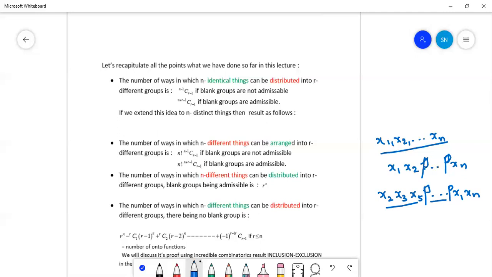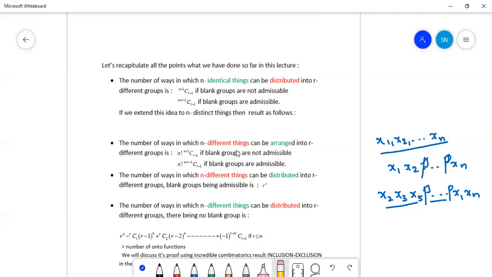After that, we proceed exactly as we did in the previous two methods. So in that case, you can say n factorial into (n minus 1) C (r minus 1). This is if the blank groups are not admissible. So then n factorial into